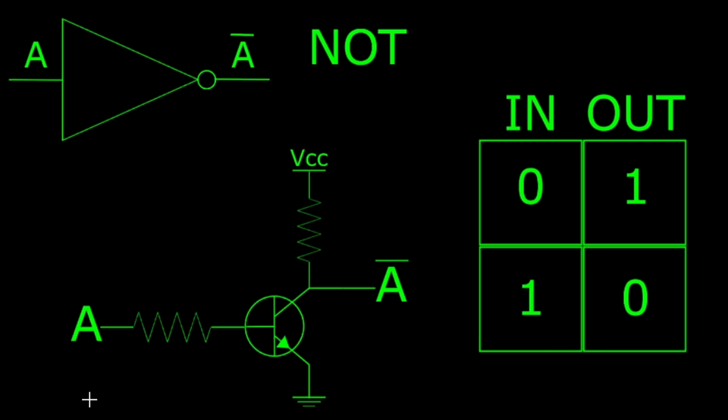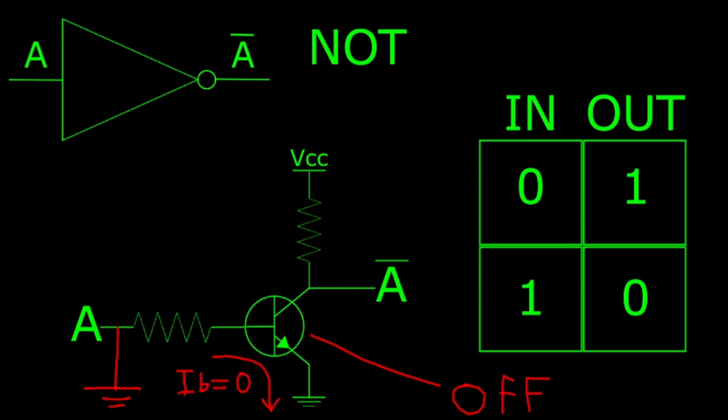And here is the circuit that makes it actually work. If we make input A low, our transistor will be off. And this is because we have no base current. And if there is no base current, there is no collector current either. This means you have no voltage drop across the collector resistor, and so your output would have to equal your